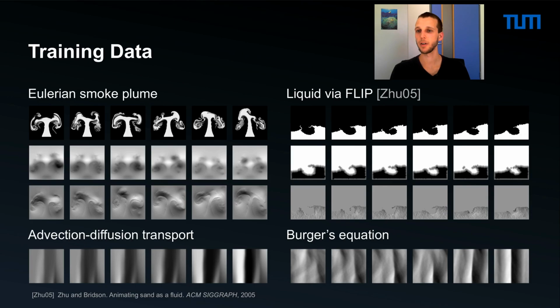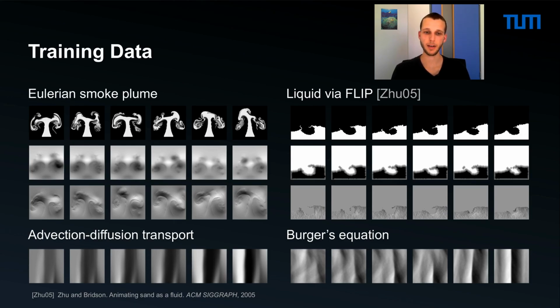On the top right, you can see our liquid data set computed via fluid implicit particles that consists of a breaking dam where a liquid blob is dropped into the pool. You can see the flag field at the top that corresponds to the area where liquid is and where there isn't. In the middle, you can see the level set. And at the very bottom, you can see the velocity of the liquid simulation. In this case, the position and size of the drop were varied, and also the direction of the